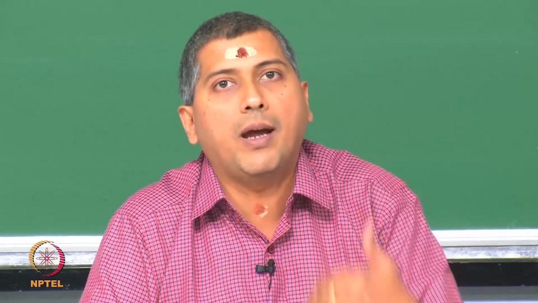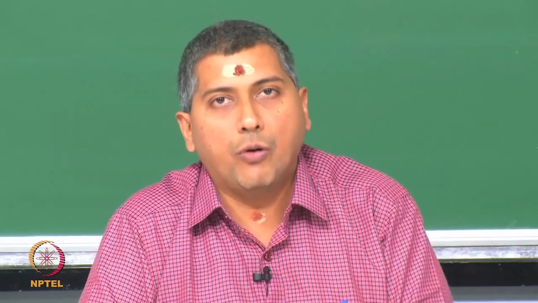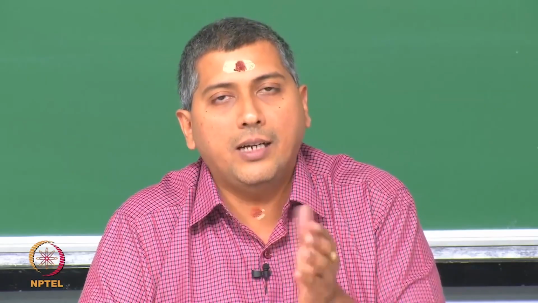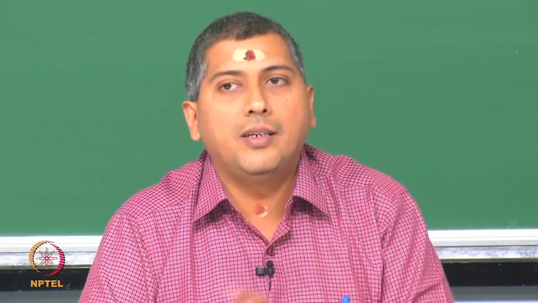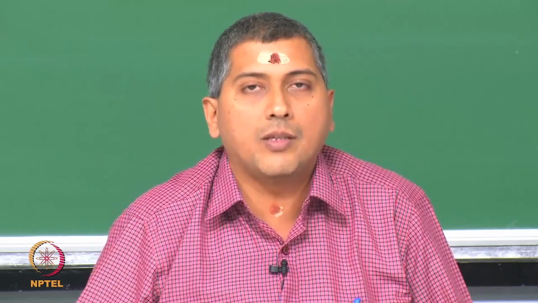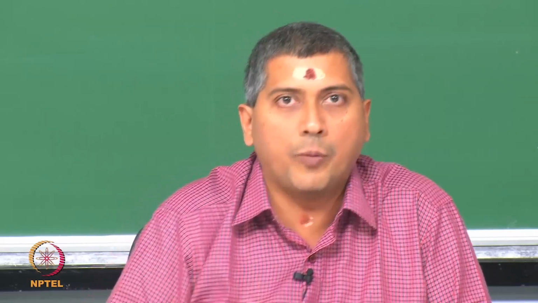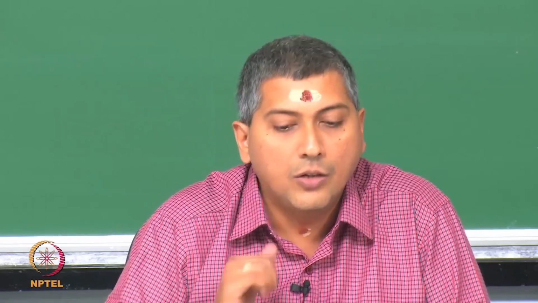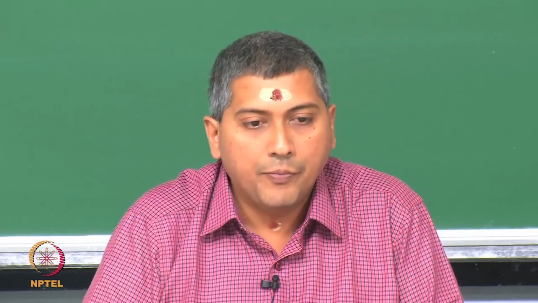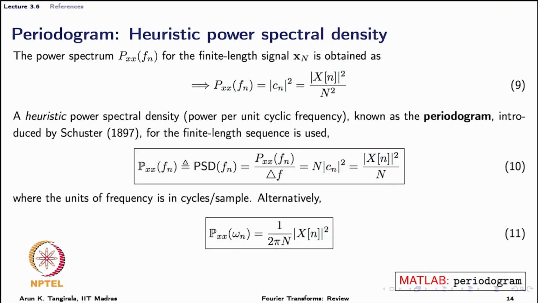So, when I take the squared magnitude of the DFT coefficients, I will only get power spectrum, but not necessarily densities, because implicitly I am assuming the underlying signal to be periodic, and we know for periodic signals densities do not exist. So, what do we do now? How come people talk about densities and so on? Well, the densities that are talked about in practice are actually heuristic, and this is known as periodogram, which was introduced by Schuster as early as 1897, decades before the FFT was